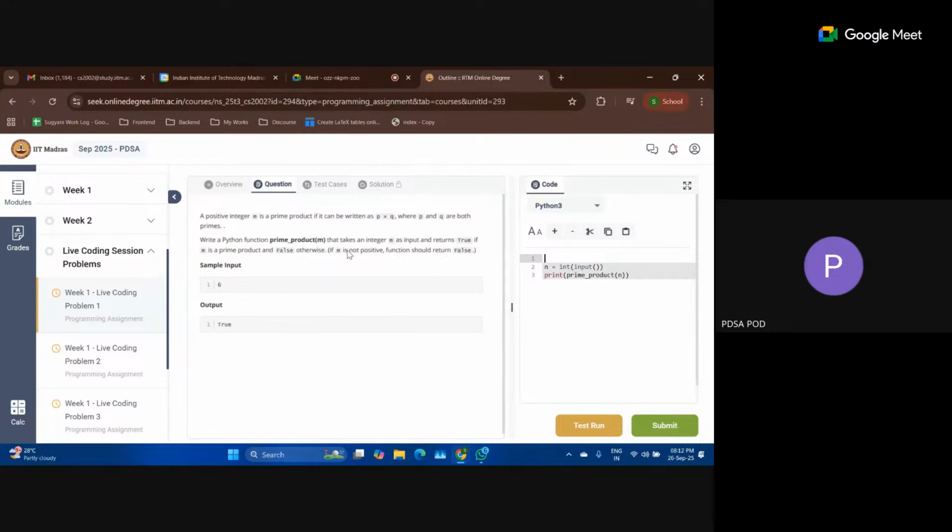How can you know whether the product M will be a prime product or not? How do you know whether M is a prime product or not? So to do that, we are going to iterate through every possible number until M, all the factors of M. We will look into all the possible factors of M, and we will check if this factor is a prime number.